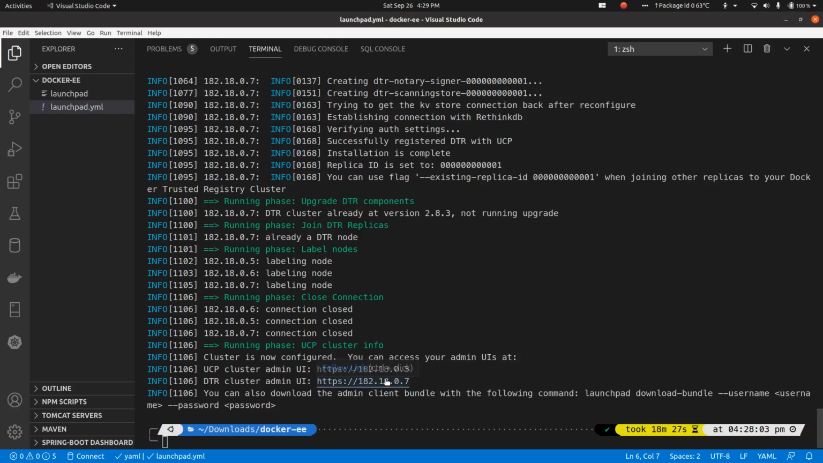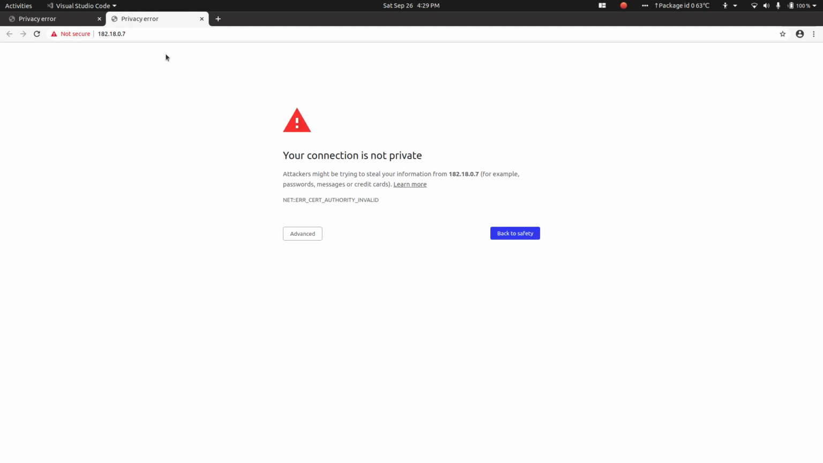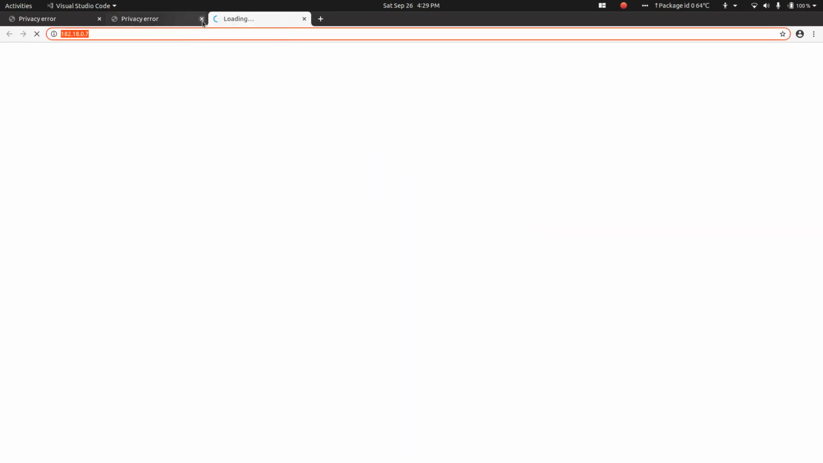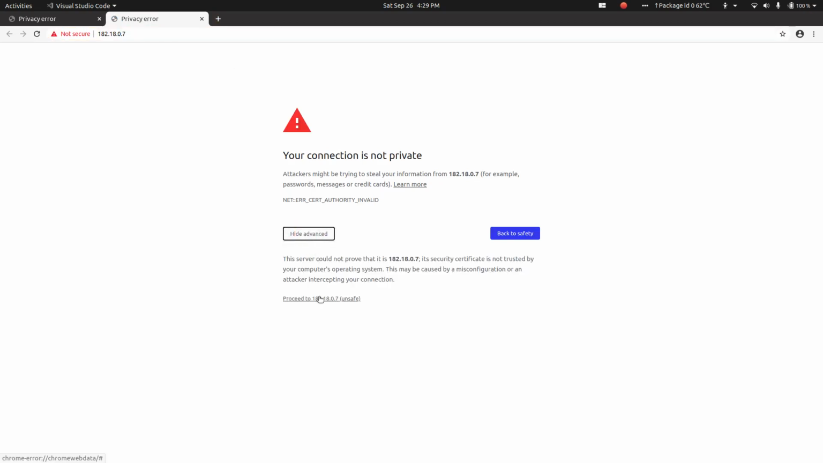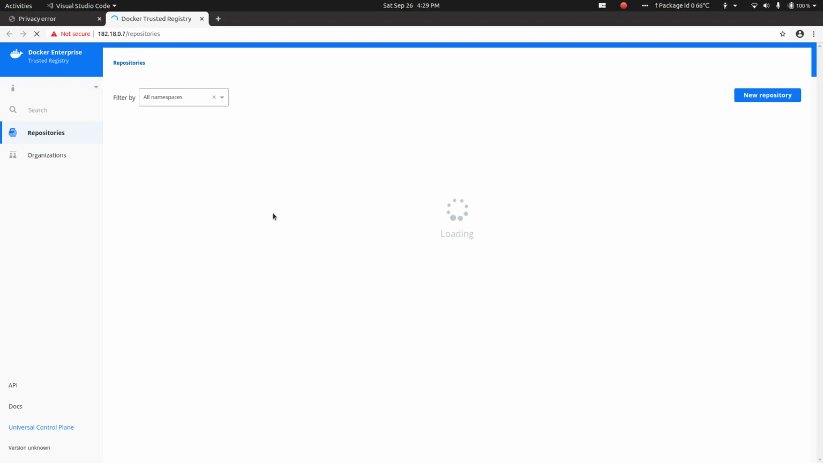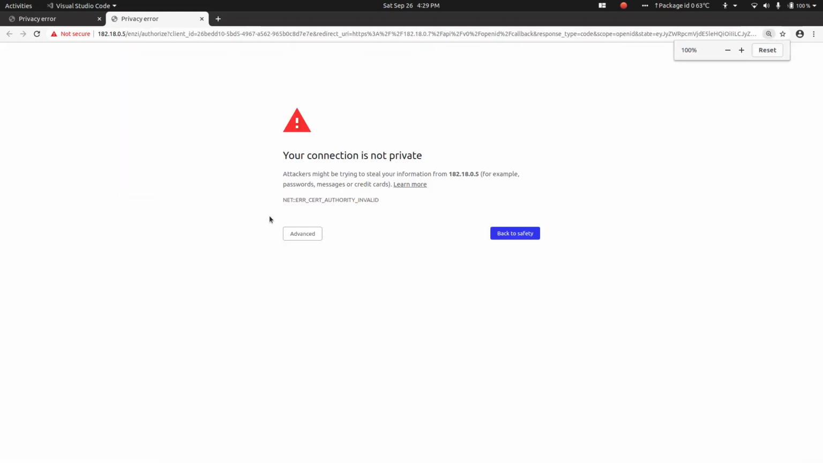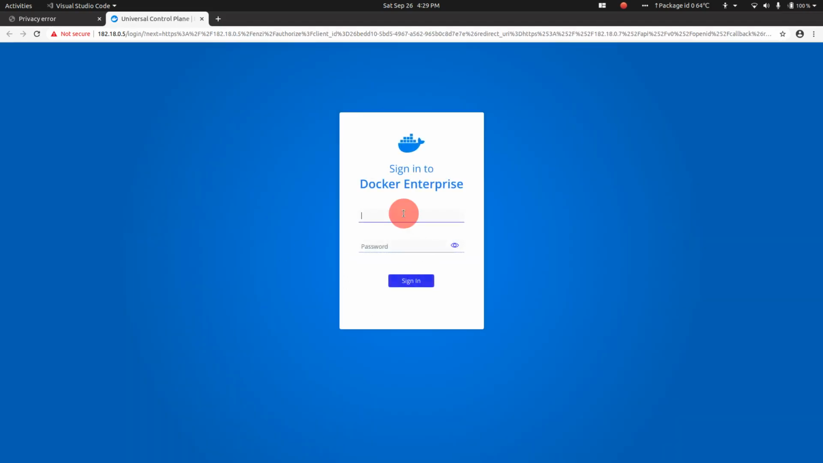Let's trust this and follow the link. This is DTR. Again DTR is giving me this error, so I just have to do one thing. I have to accept the error and continue. Docker Trusted Registry. This is because of the self-signed certificate. Need to accept it again. Fine. It will take me to Docker Enterprise setup again. Admin,